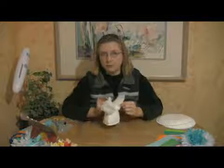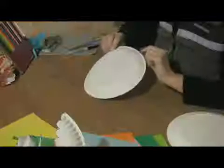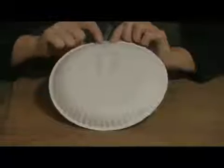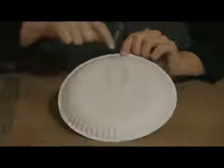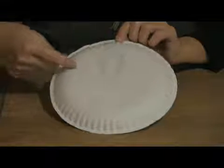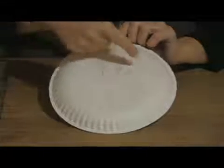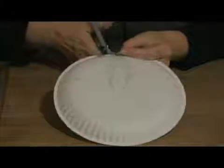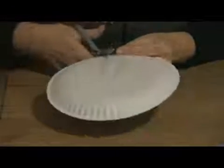I'm here to show you how to make a paper angel, a nice table decoration. What you will need is a pair of scissors, the paper plate, and you will need to do this design. You will be cutting out this entire area, the grayed area. You will be doing a side slit from the angel's wing over, and you will cut all the way down in here. So, cutting off the shaded area,